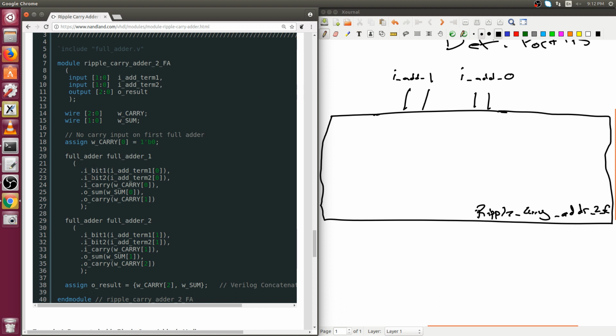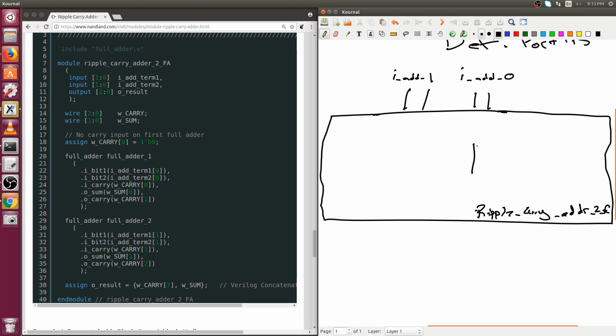So here, we're assuming that we've already made a module for a full adder that has an argument for a single bit term 1, a single bit of 2, a carry bit coming in, an output sum, and an output carry. So all of these dots right here, you can either put in arguments positionally, which I'm sure you know. I believe you said you had a computer science degree. So this just makes it so you don't have to put in arguments positionally. So we can go ahead and define this as,